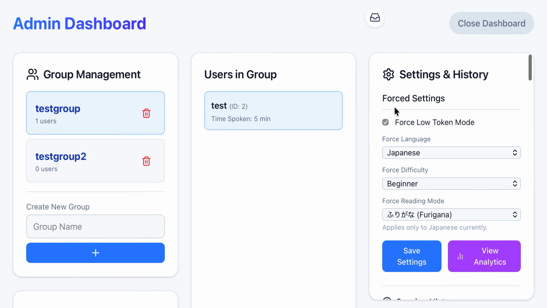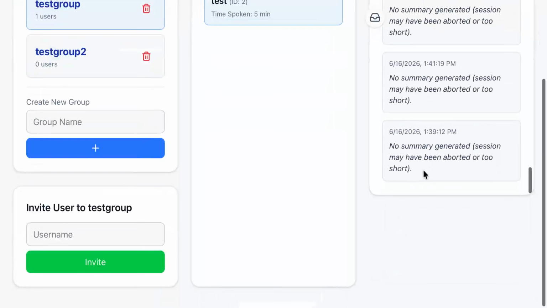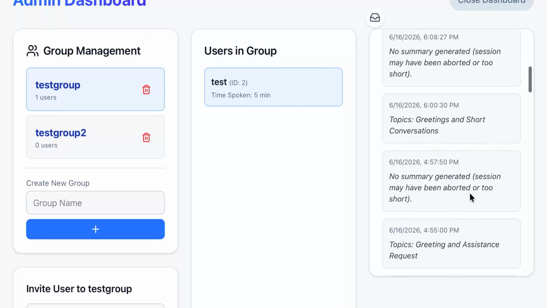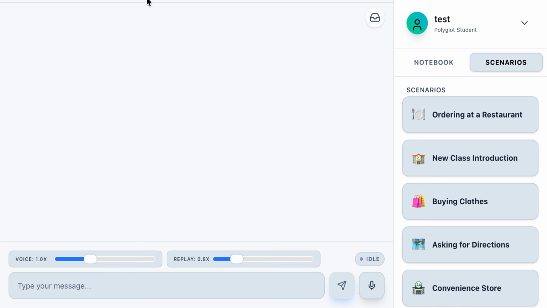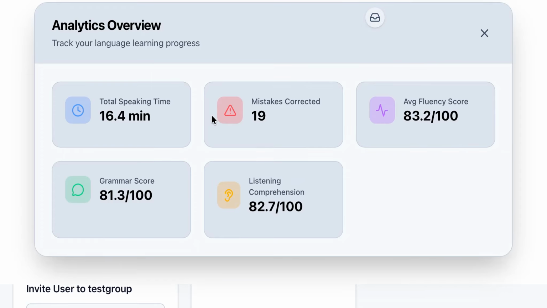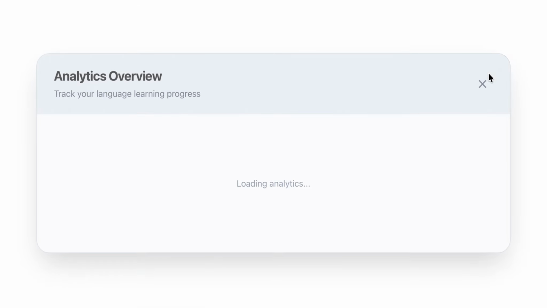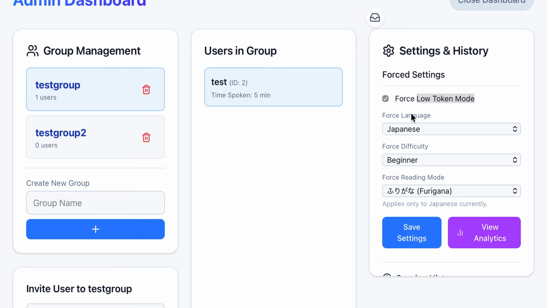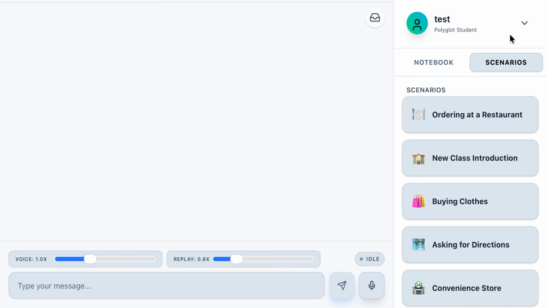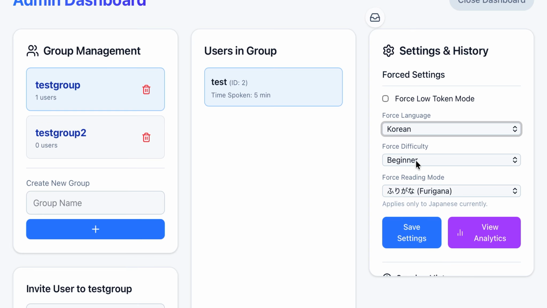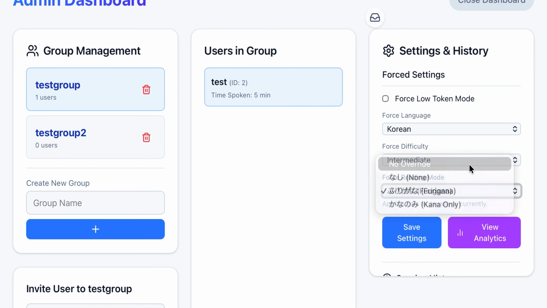So here are your settings. Admins are able to check essentially a summarized version of whatever conversation the student account is having. So you can view the analytics. And you can force low token mode or not. You can force the language. If I switch it over, you can force the difficulty, and if there's no help,